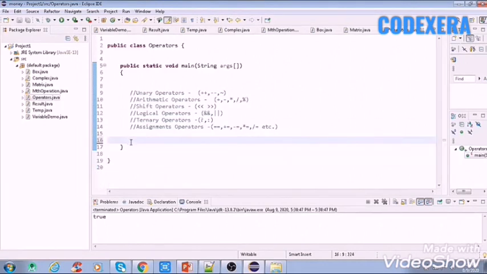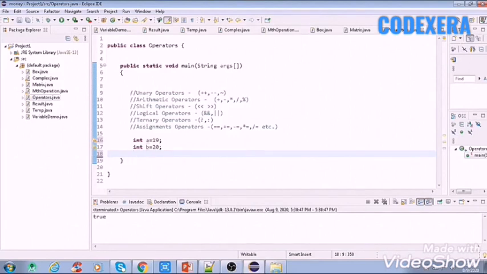Now we'll go to the ternary operator. This is the sign of the ternary operator. By using this we will do our programming. So we'll take again two variables, that is A equal to 19 suppose, and second variable B equal to 20.